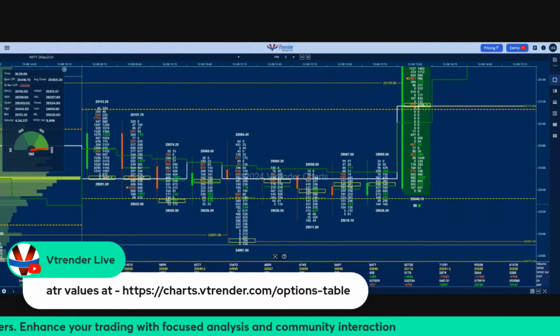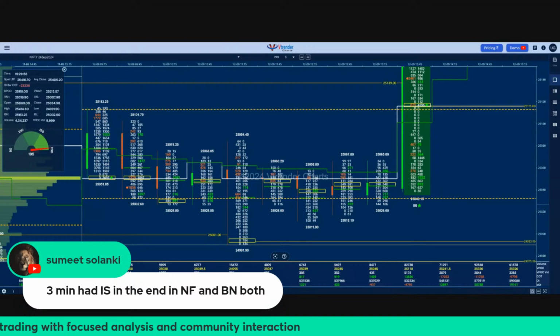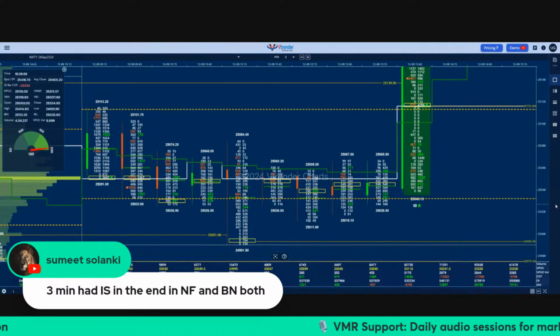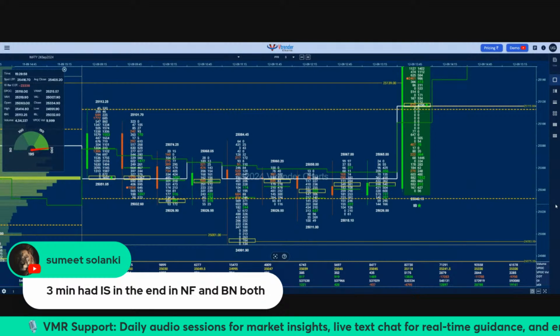Three-minute IB at the close, definitely they will have, because there was good profit booking into the close. We will have to see what the opening volumes are tomorrow. We can get a retracement down to 25270 in Nifty futures at open, but